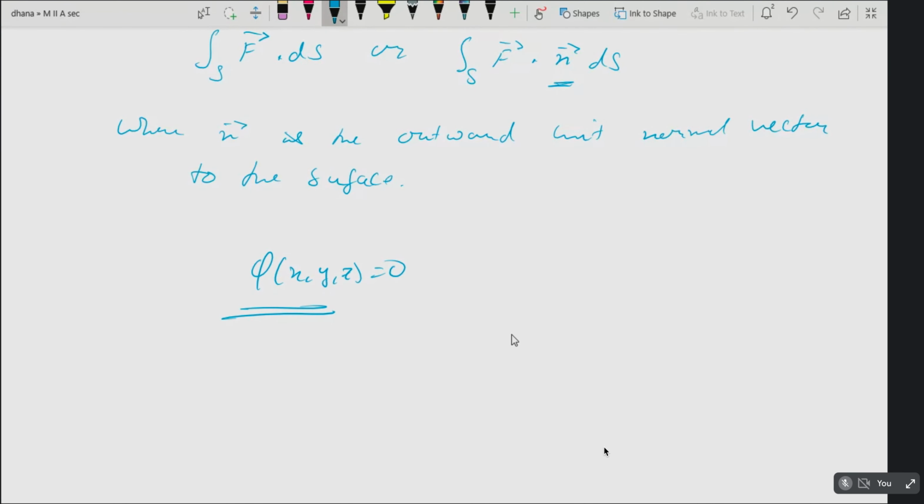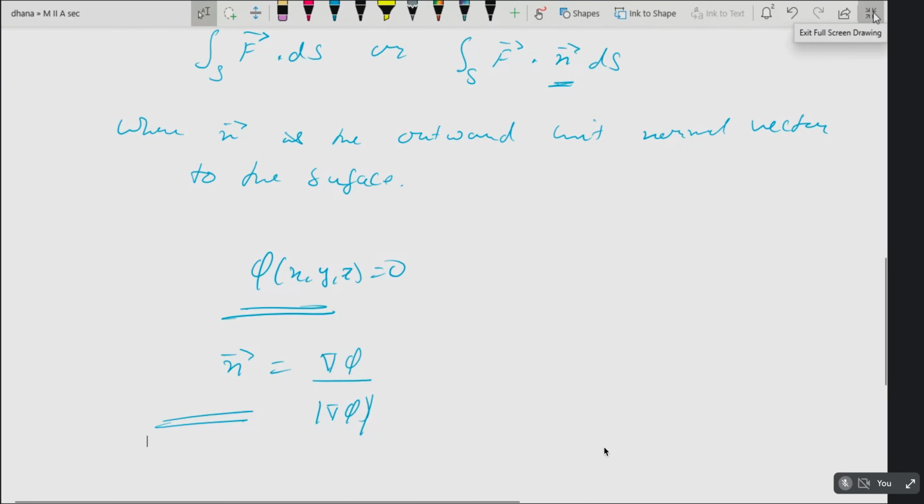Del phi by mod del phi. Come again. Okay, n bar will be given by del phi by mod of del phi, that is, gradient of phi by modulus of gradient of phi. So that is how you calculate. Who has given that answer? I can't see. Who mentioned? Roll number? Vagdevi. Come again, I can't hear. It's okay, that's good. Vagdevi, yeah, very good. At least I expect answers from others also. At least she tried, that's the correct answer.